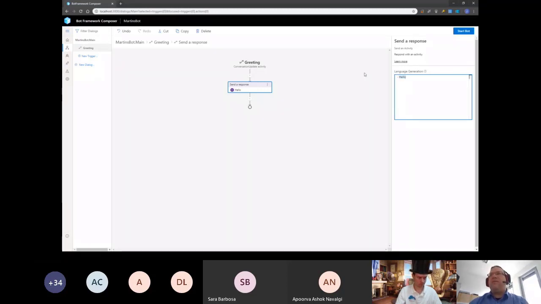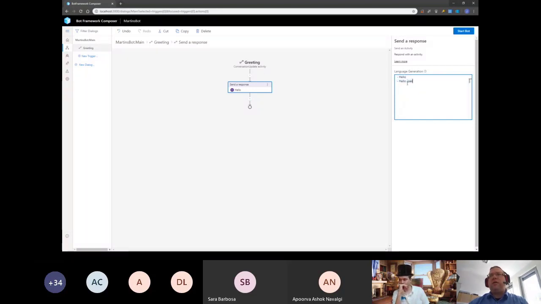And I can have multiple responses like this. So the bot will not always tell the user hello, but at one time it will tell the user hello. On the other hand, it will give a random result. It may result in hello user. And now you can start to generate your custom response like great to see you today. And this is already a basic response to a user, and to have that basic functionality of Bot Framework Composer ready,